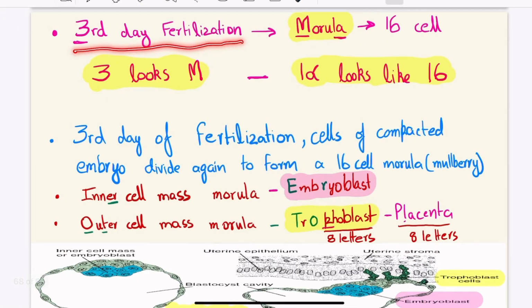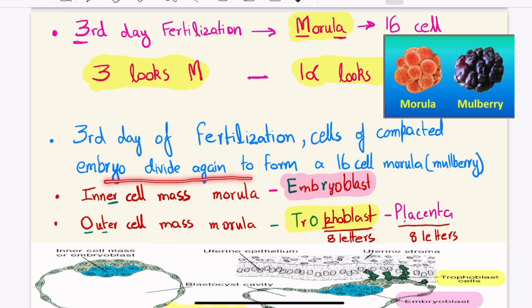On the third day of fertilization, the morula is formed, which is the 16-cell stage. So the M of the morula looks like 3, and the L and A, that are the last letters, look like 16. So it is a 16-cell mass. We can say that on the third day of fertilization, cells of the compacted embryo divide again to form the 16-cell stage morula